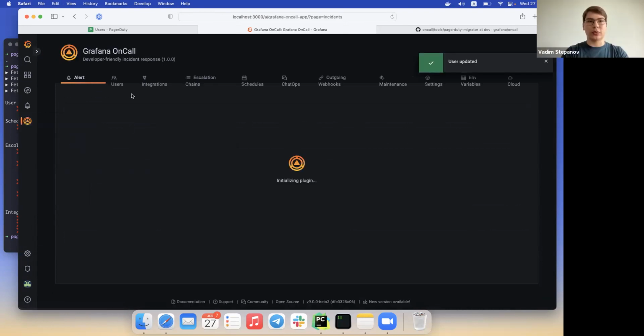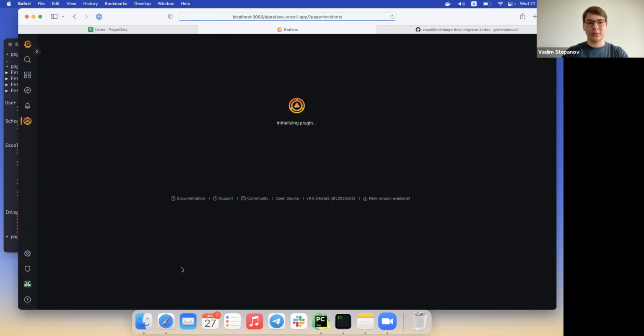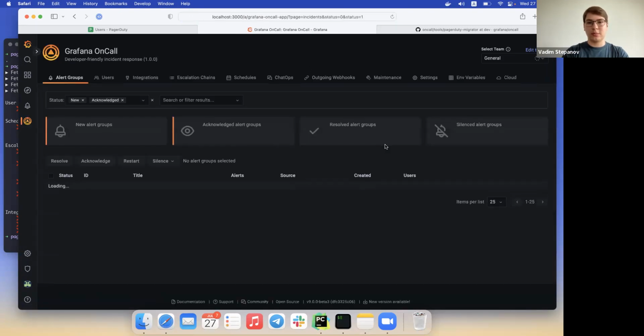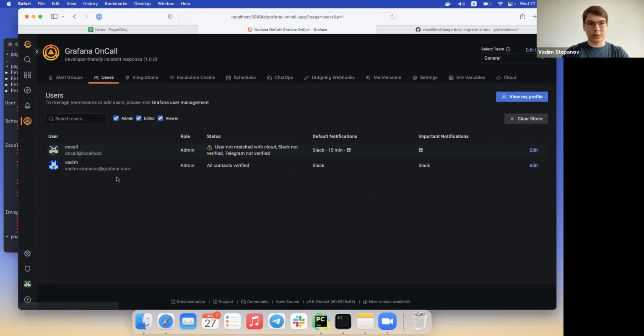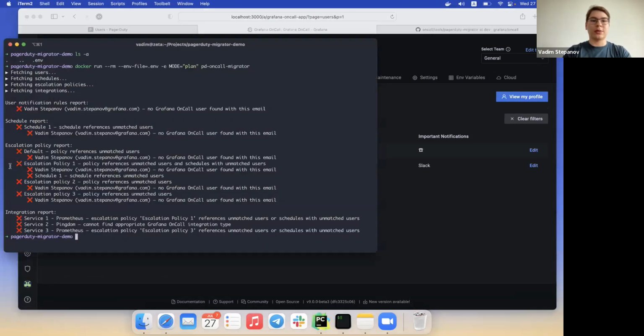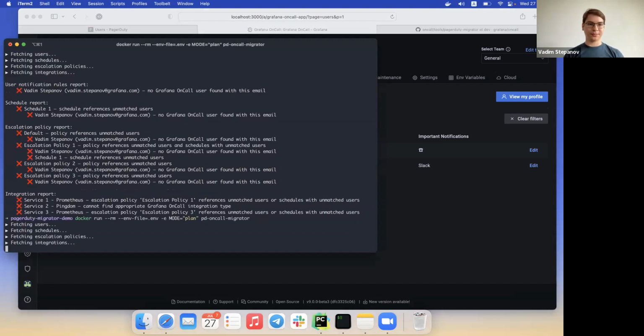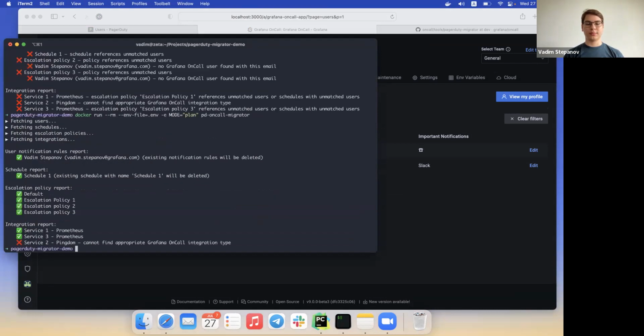And you go to OnCall just to verify that everything is working. So yeah, you see my email, and let's rerun it again. So we plan the migrator. Okay, wow, a lot of green stuff. I like it. It means that user notification rules will be migrated for this user, for the user with this